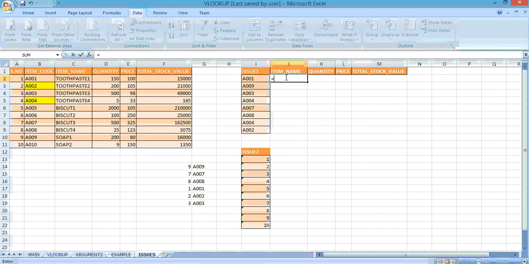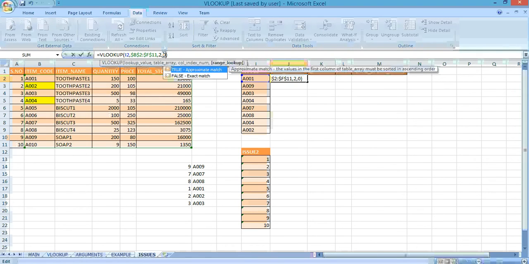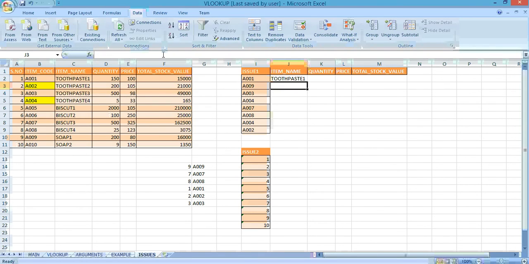So I'll put the formula this way. In one go I will select all the columns. I'll fix it. Then the first value is the second column. So here I have omitted the fourth argument, and by default it will take the exact match.